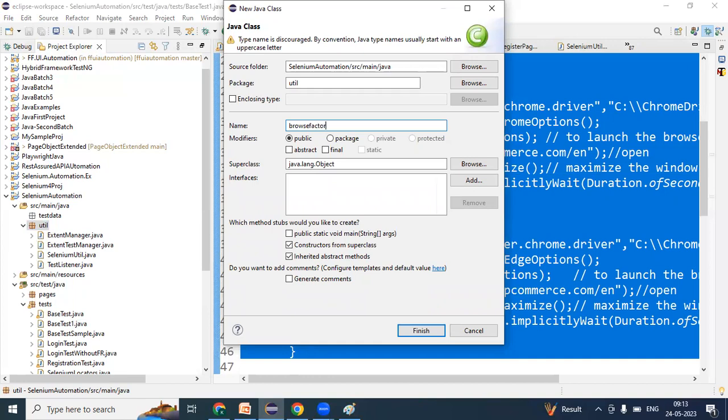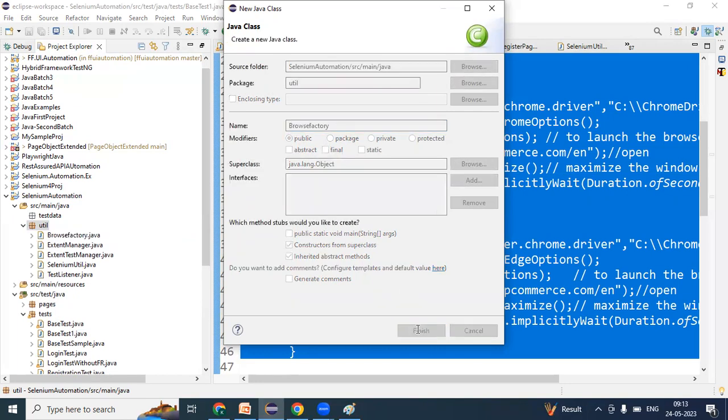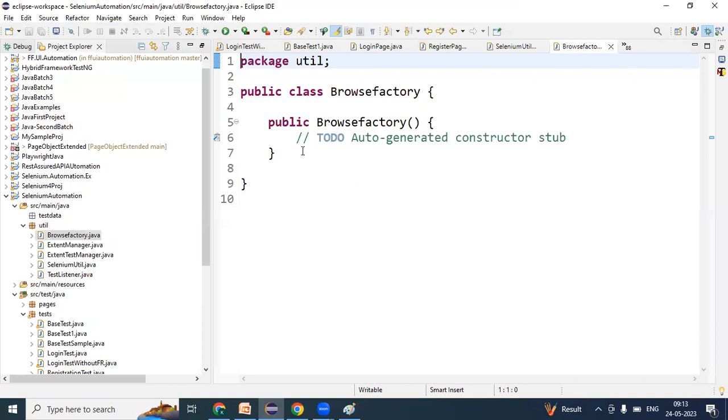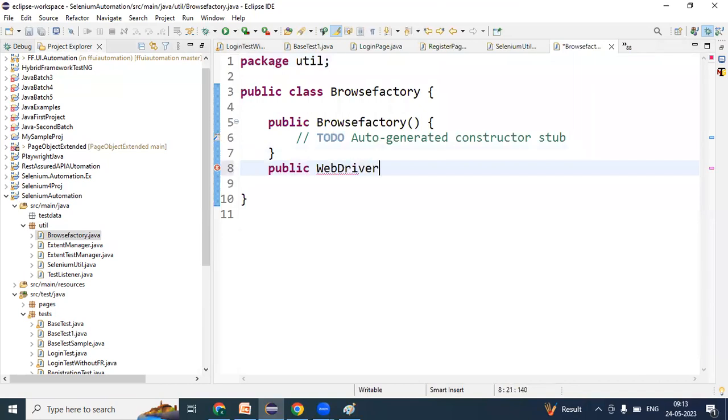What is this class name I am creating? Browser factory. What is the function name? Public, any name you can give. Finally, it will give a WebDriver. What is the return type of that function? WebDriver, right? Get